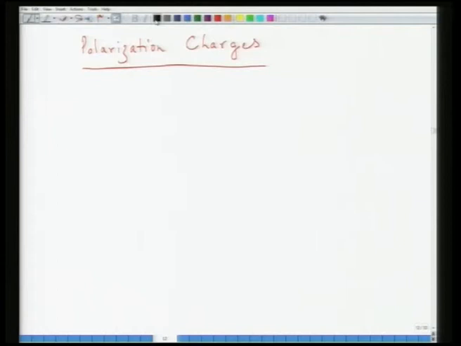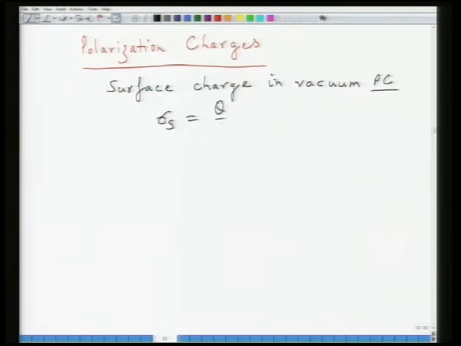Okay. So, now again we go to the parallel plate configuration of the capacitor without any dielectric. In such a situation, what is the surface charge? Let us say in a vacuum plate capacitor, vacuum PC, let us define this as sigma S. What is sigma S? Sigma S, I know, is nothing but simple, it is Q by A